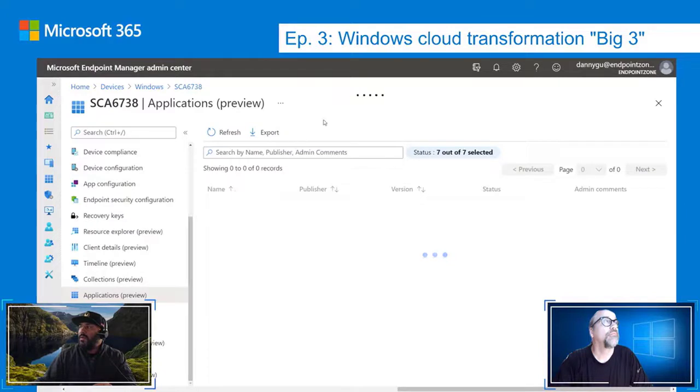There it goes. So here I have all the applications you're about to see that show up. Oh, sorry, it's taking so long. But the applications that show up, these applications are packaged in my configuration manager. So just going through